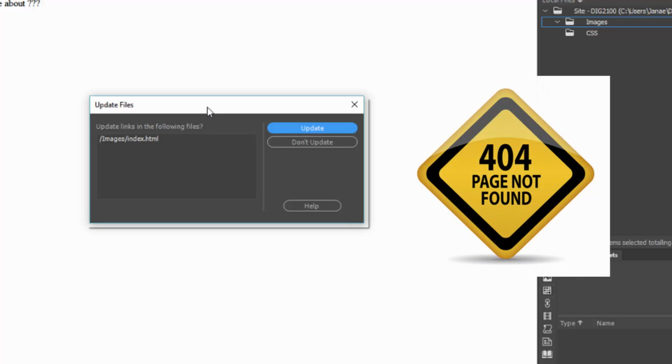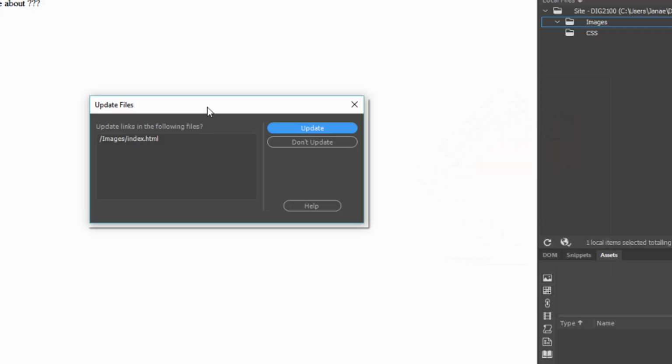This is essentially a broken link message. What that means is the host looked on its website to find a specific file at that location and could not find it. So what this means, update links in the following files. What Dreamweaver does is it's actually trying to catch you from making this potential issue that could cause problems on